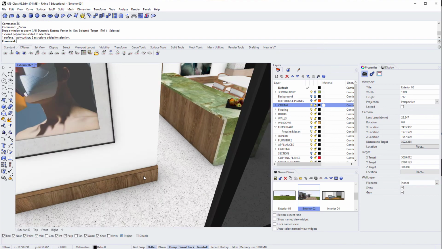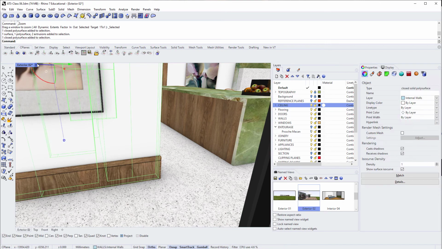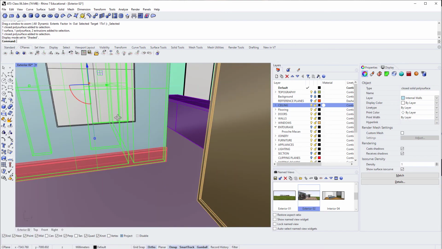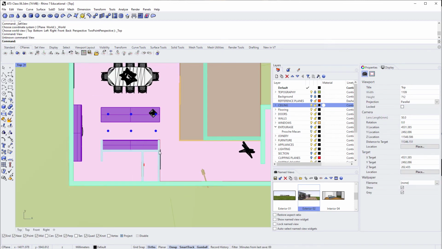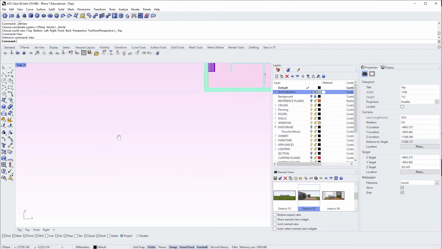The last one is my skirting boards and how I've modeled these. This is actually a very simple process as well. What I might do is come across to another area. I'm going to get rid of my topography and model something up really quickly. So I'm just going to go